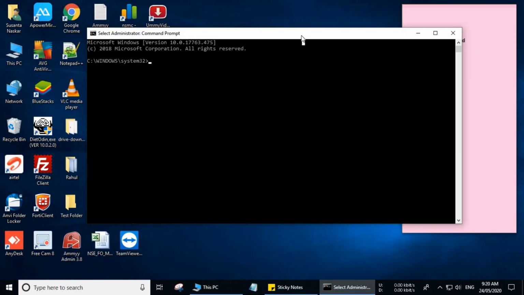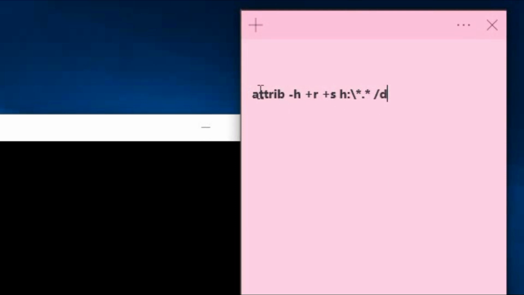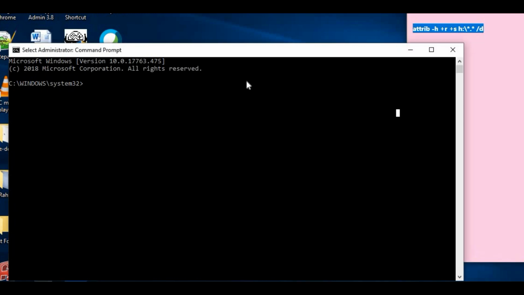Then in the command prompt, you have to write a command. I will mention this command in my video description. You can just copy and paste. Check, this is the command. Here you have to type